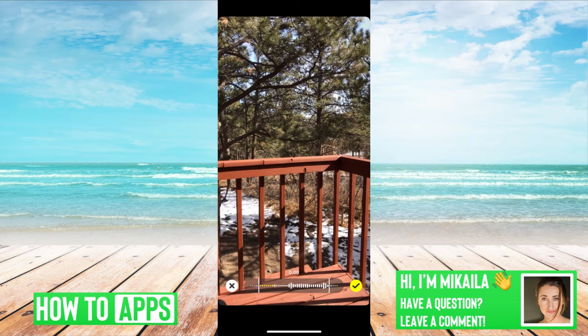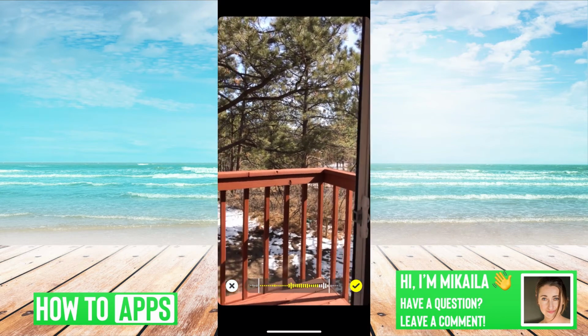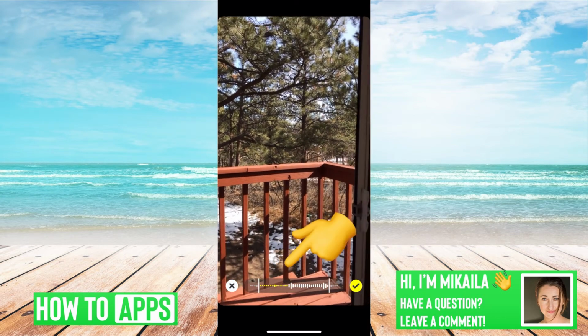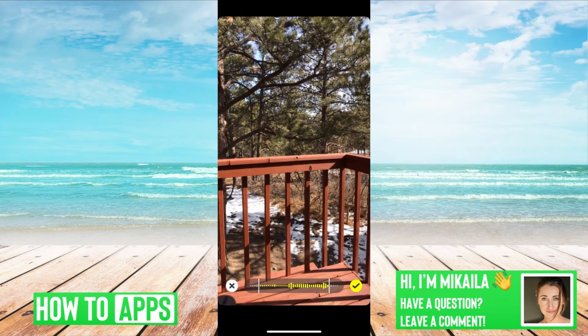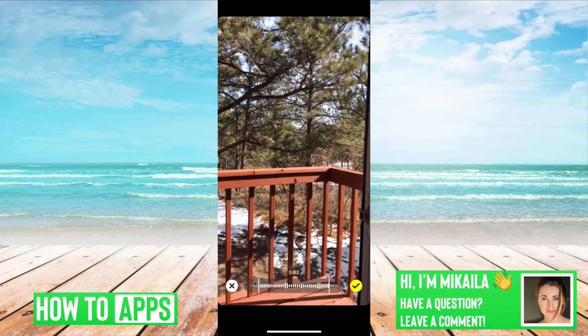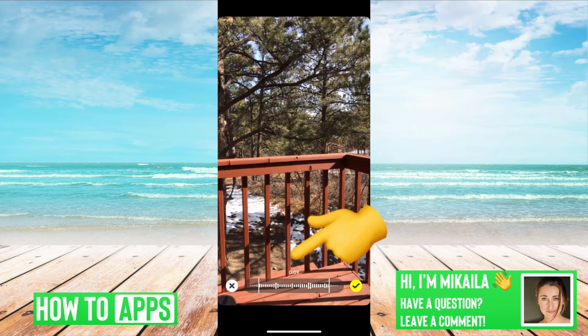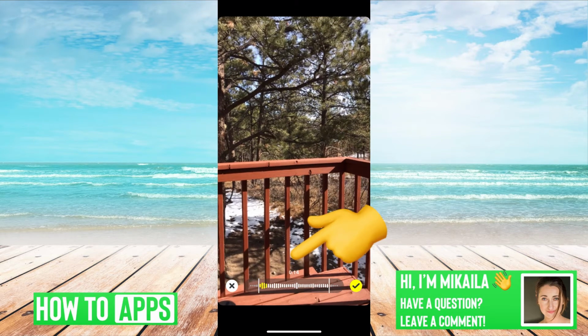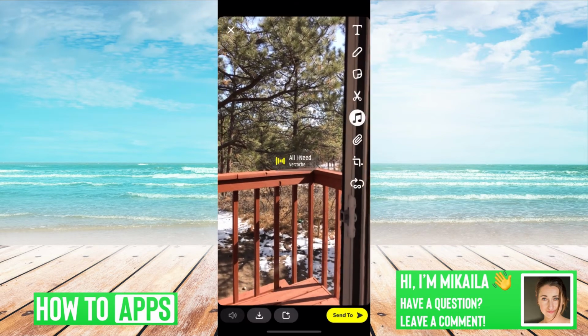Let's do All I Need. Once you click on it, it's going to put it onto your story. All you have to do is find the spot of the song you want. And you can do that by just holding down on the song down here at the bottom. And you can just scroll to the right or to the left to find the part of the song that you want. And then once you found the part of the song, you just push that arrow to the right,